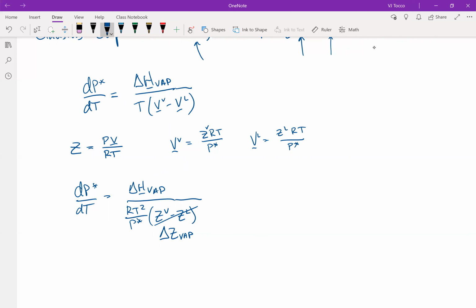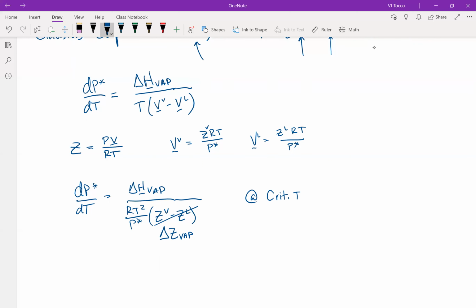Okay, where are we at now? How has this helped at all? It seems like we still have delta H vap, that's a function of temperature and pressure, and we have delta Z vap, that's a function of temperature and pressure. Well, above, I said that the molar volumes at the critical point will be equal. And actually, all thermodynamic properties for the vapor and the liquid converge at the critical point and beyond. So at the critical point,